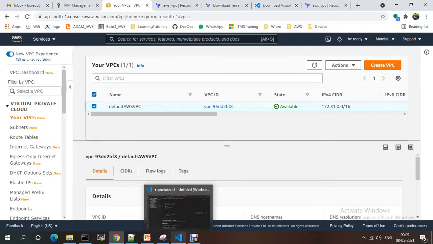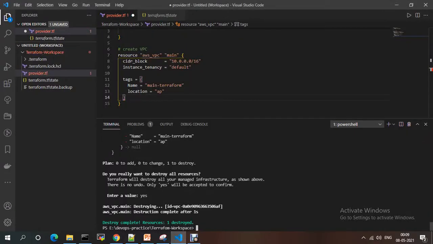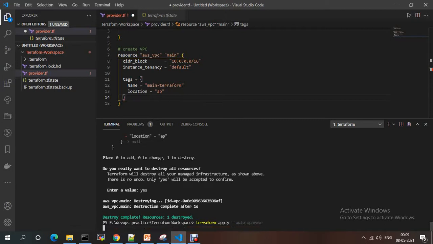Again, if you want to create a resource, you just need to run terraform apply, or terraform apply with hyphen auto approve, so you don't get any prompt.